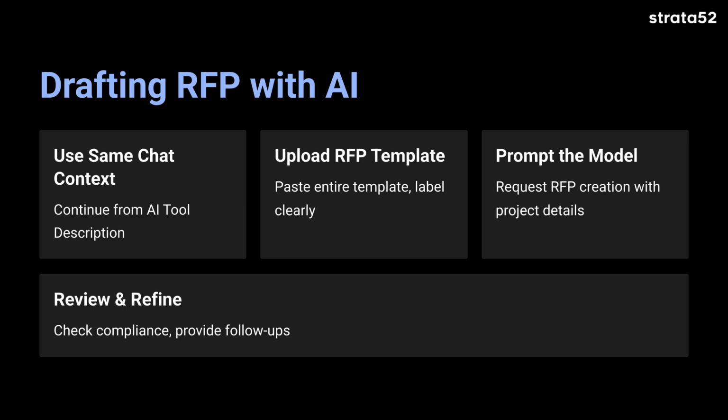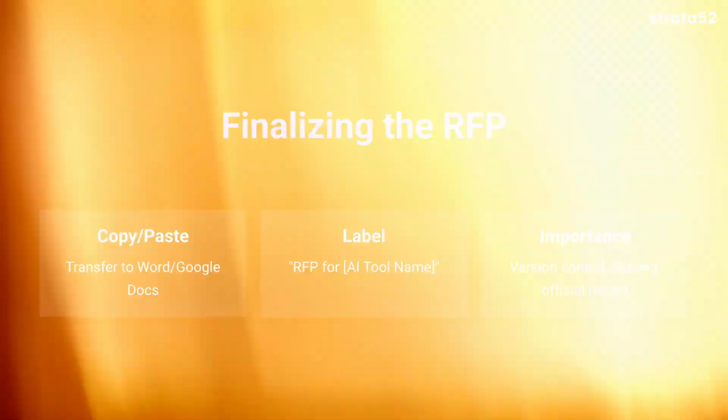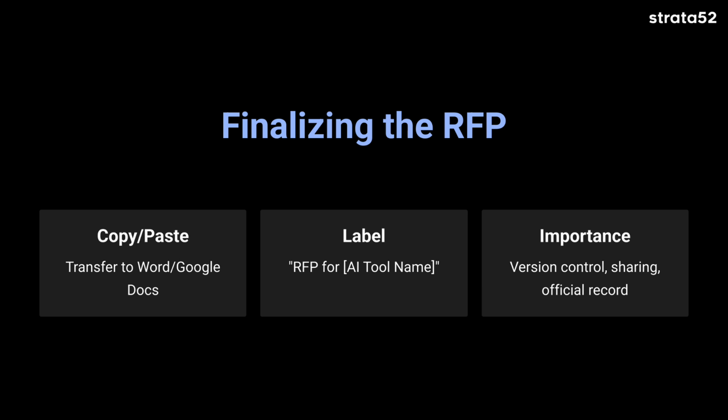Be sure that you scan this output for any missing or incorrect details like brand-specific requirements or compliance standards. Feel free to provide follow-up prompts like, "Can you emphasize security or GovCon compliance in Section 4?" and "Can you add a note about the timeline flexibility in Section 5?" and so on. Once you're happy with the final deliverable, and after you've refined the draft in ChatGPT or Claude, copy and paste the final version into a Word or Google Doc and label it as "RFP for [insert the AI tool name]"